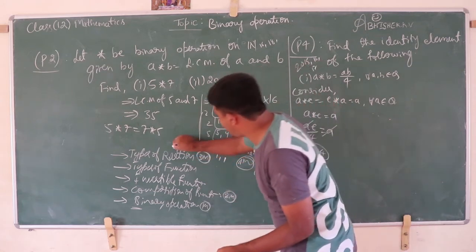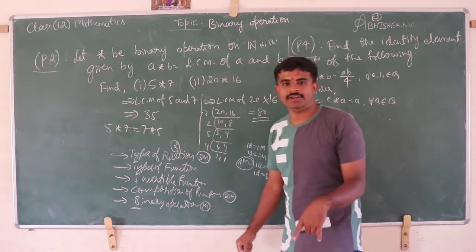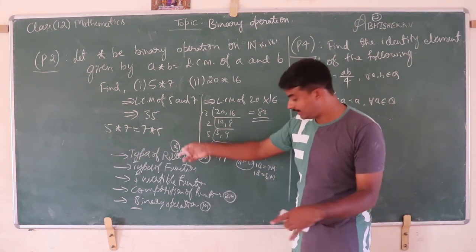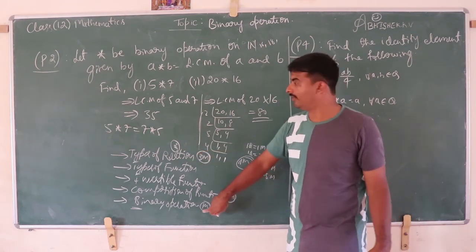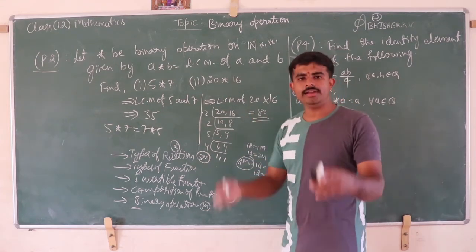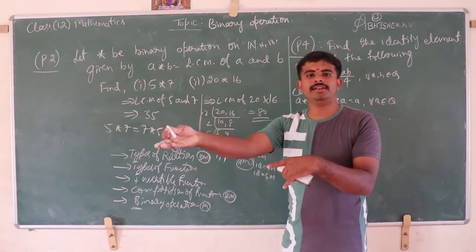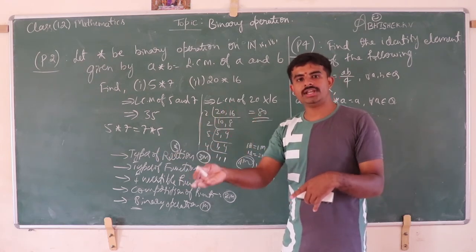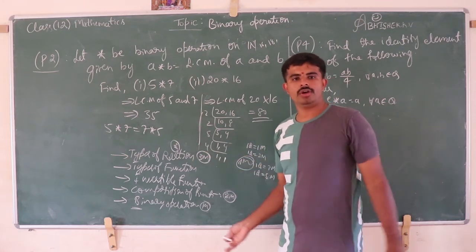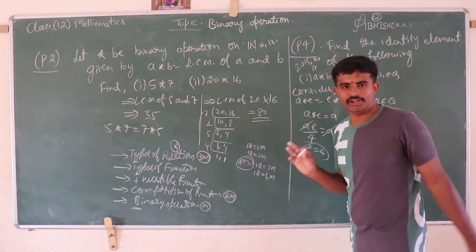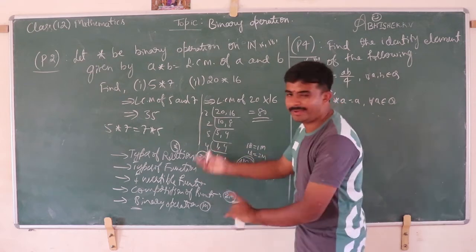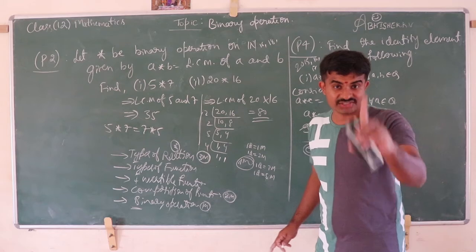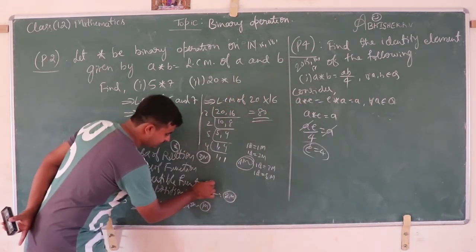If you get the 1 mark question from types of relation, it is to give an example for reflexive, symmetric but not transitive. Then you get a 3 mark question from binary operation. Here you get the question: show that the given function is a binary operation, or verify associative, commutative, or find an identity element. It may interchange. Okay, then the 5 mark question, part D, the first question, should be asked from invertible function.